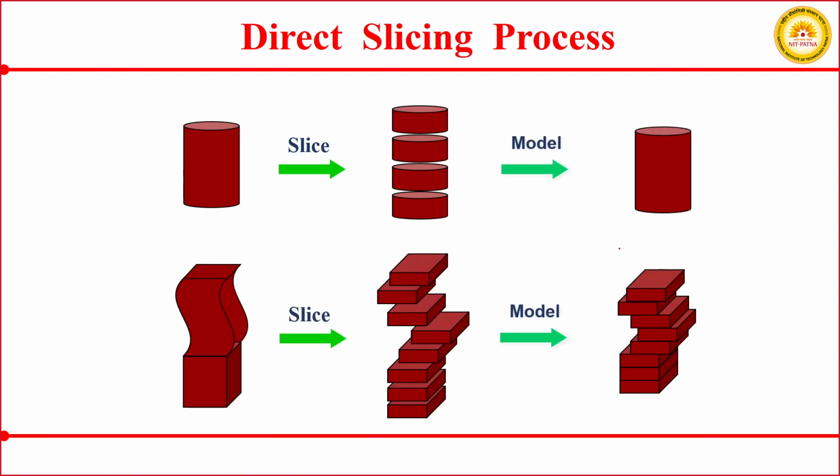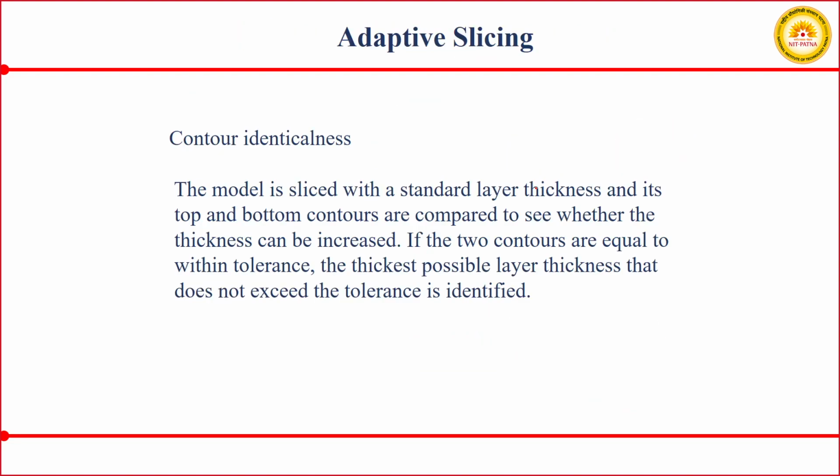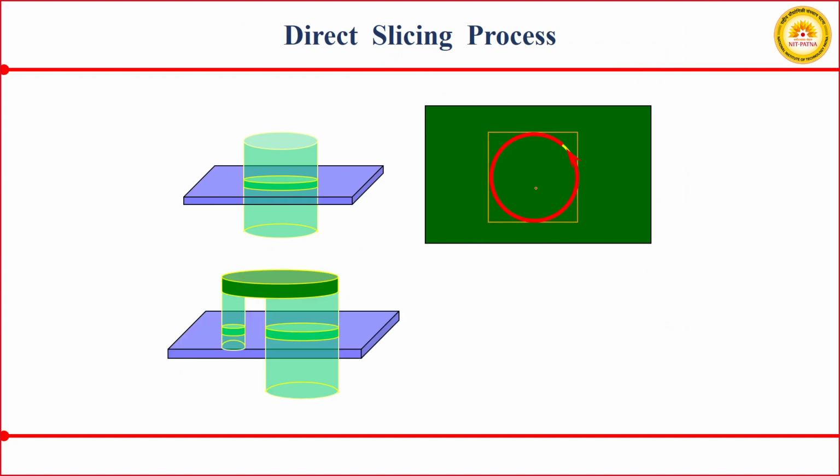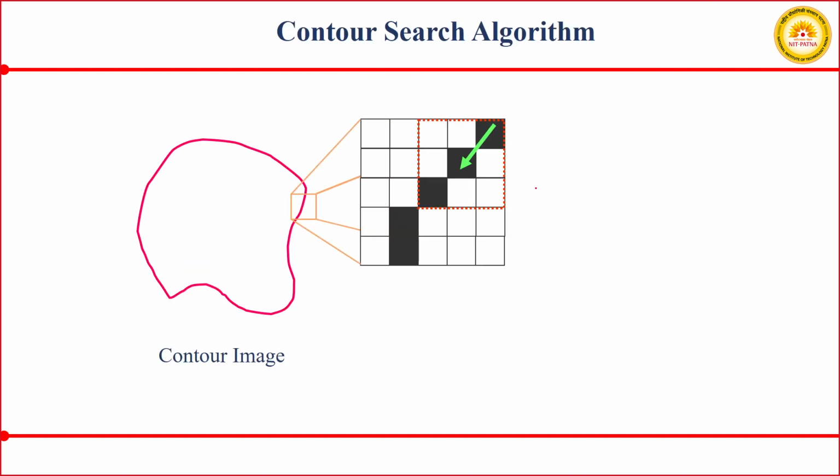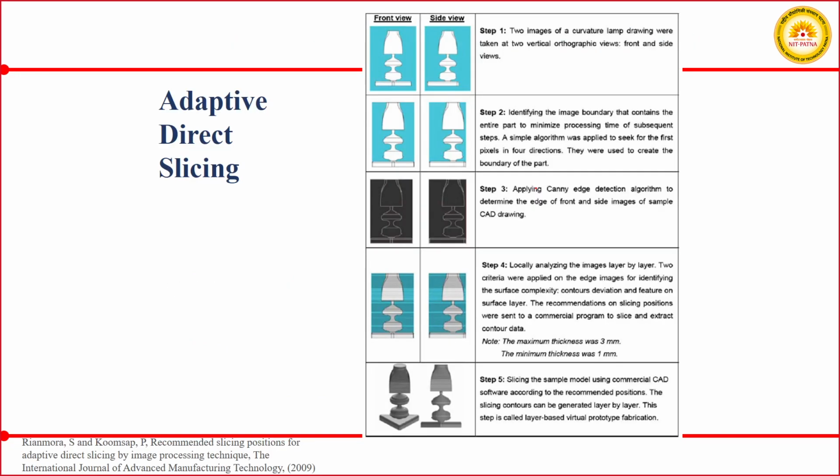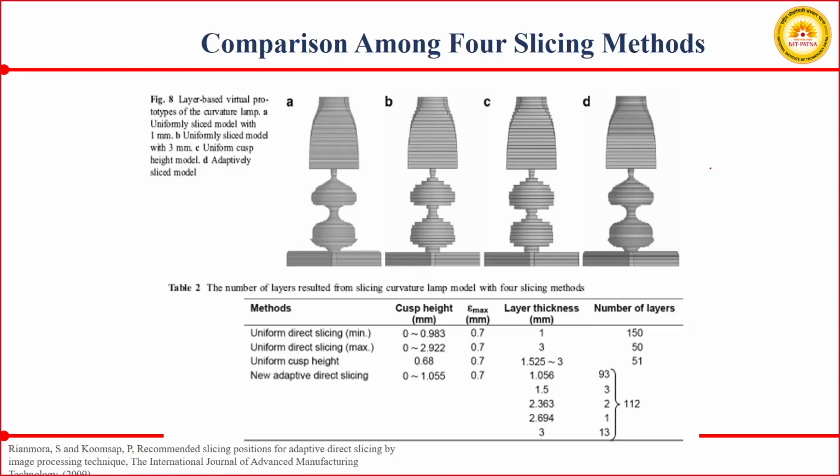Again the same process continues, the difference between constant slicing and adaptive slicing. There are a few more cases; you can go through them in the paper that I have shared. We can say this is the end of module 1 with this discussion, and we will start module 2 from the next